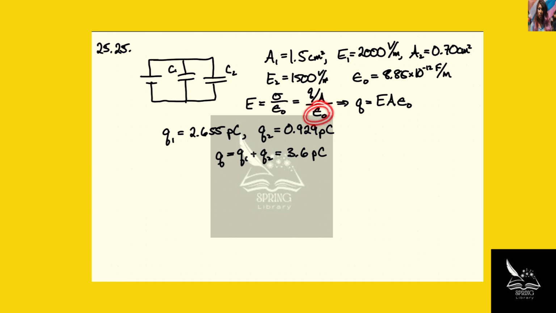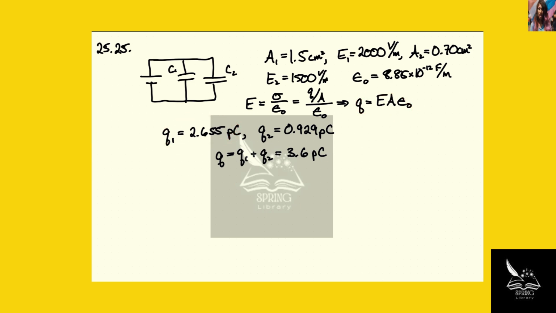Then we can figure out the total charge on the capacitor: it is the electric field in the capacitor times the cross-sectional area times the permittivity of free space, since we're assuming that there's no dielectric material inside of there. So we can then simply calculate the total charge on the two